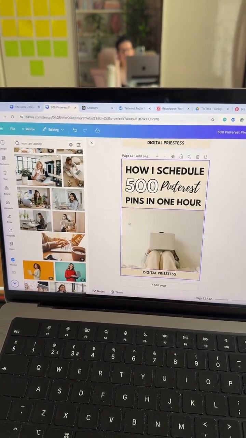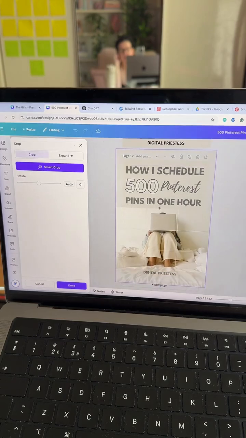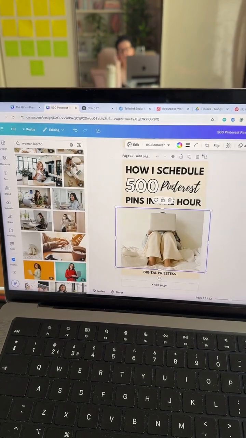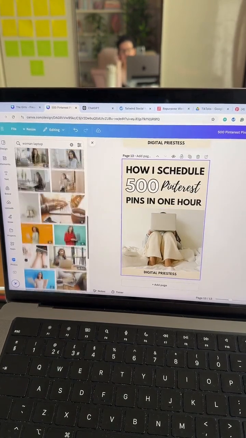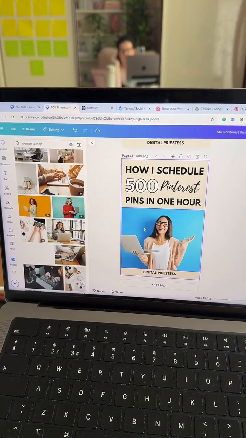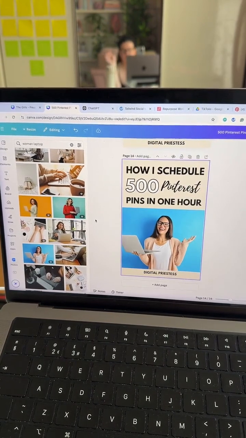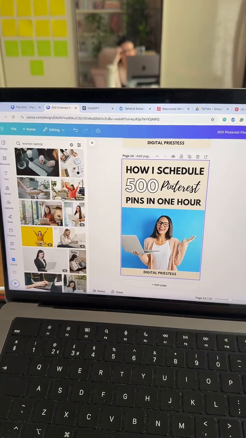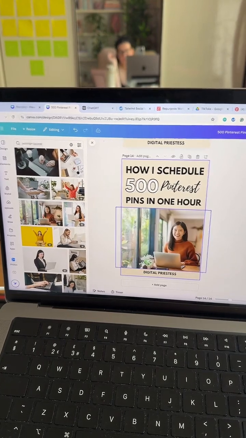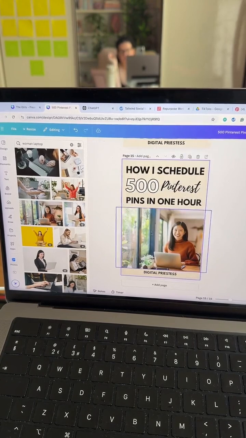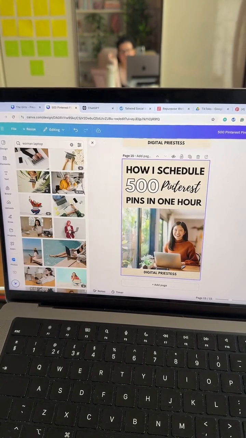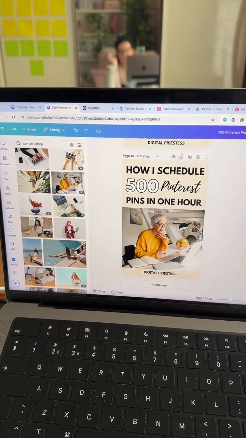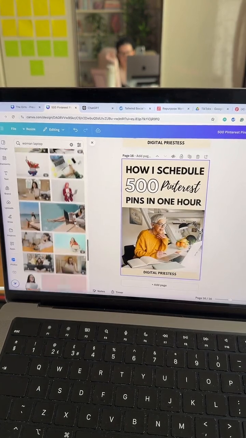So as you can see right now, I'm basically just going through and I've duplicated a load and I'm popping in a load of different images into each of these ones. Let's also do a few different colored ones. And then I'm going to change the fonts and colors and stuff in a second. But right now, I just want to get in some images. So I've duplicated quite a few there. Let's go.